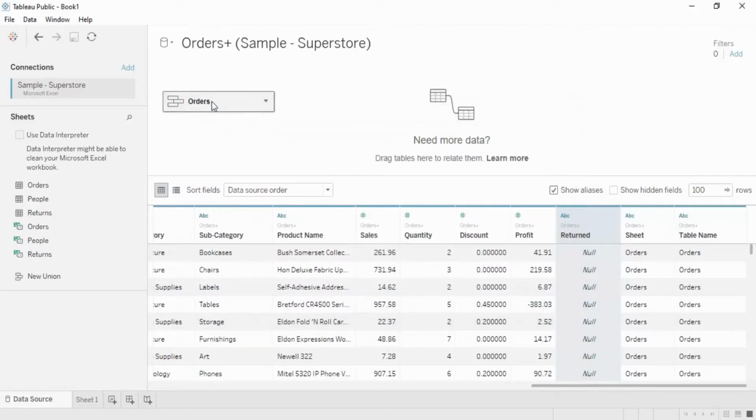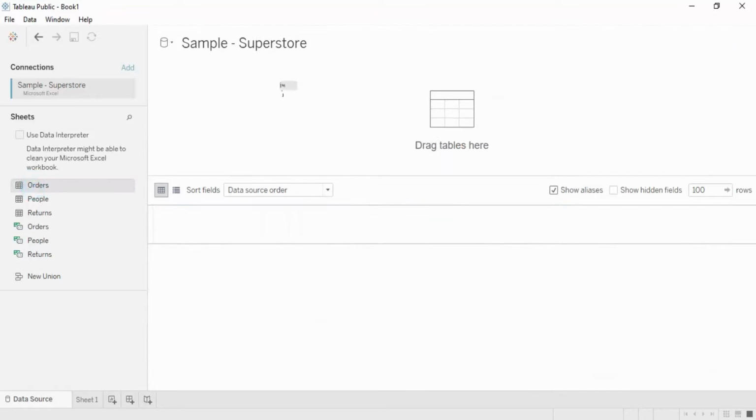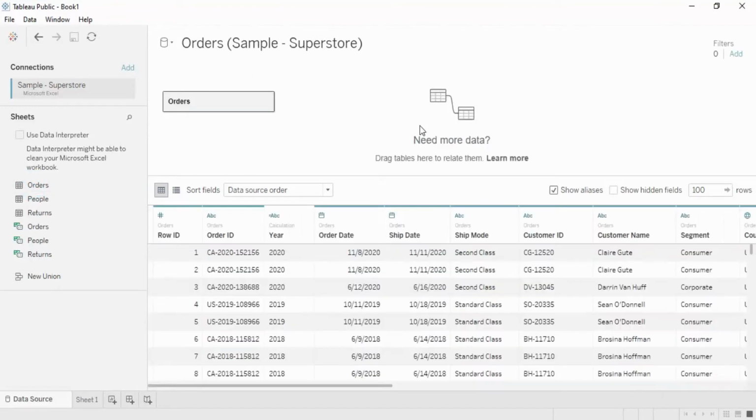So that's how we can work with the unions part, but we can just remove it and work with the simple single data source. Right now we would be working with multiple data sources, but later on in the tutorials, first of all, just a simple single data source. So that's all that we needed to know in this data sources screen. Now let's go to the sheet screen. If you look at the bottom left corner, you will see that data source is written, and this is where we are currently present.